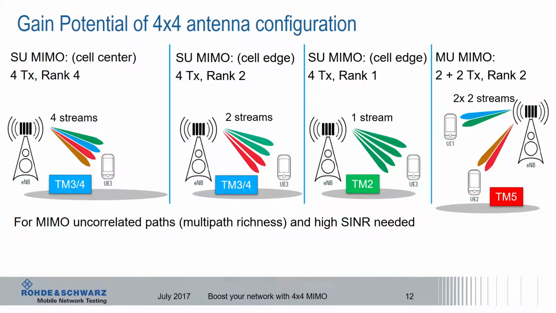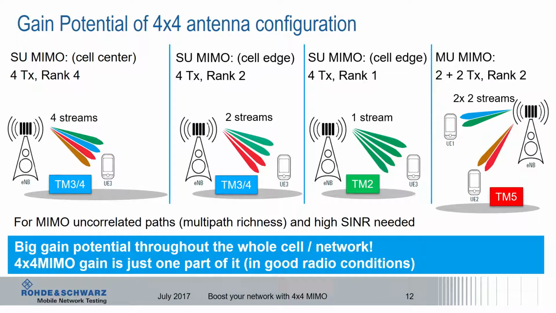Last but not least, we also see multi-user MIMO here. Multi-user MIMO is using 2x2 MIMO for 2 users in parallel using the same resources. Multi-user MIMO is not really visible in today's mobile networks, so far, up to now. It appears to be quite complex to find the right pairs of UEs because they need to have some relation to each other, some decorrelation to each other. So all in all, you see that there is much more improvement in capacity than only 4x4 MIMO in a favorable position. And we try to visualize the complete gain potential in the following graph.